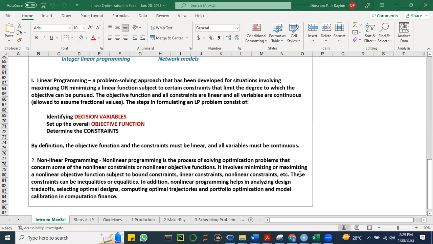Okay, for example, when you try to come up with a portfolio in investments, in stock investments, so you'd like to generate a portfolio that will either maximize your returns or minimize your risk. So how in the world will this be solved using linear programming? Cannot be. You cannot use linear programming to come up with a portfolio that optimizes returns, okay, or minimizes risk,